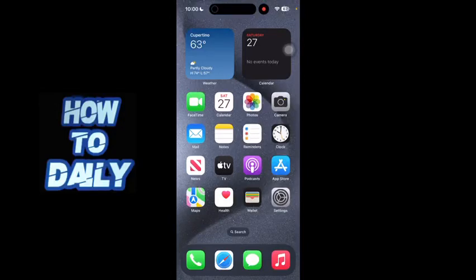Everybody, in this video I'm going to be showing you guys how to recover deleted Telegram messages on desktop and